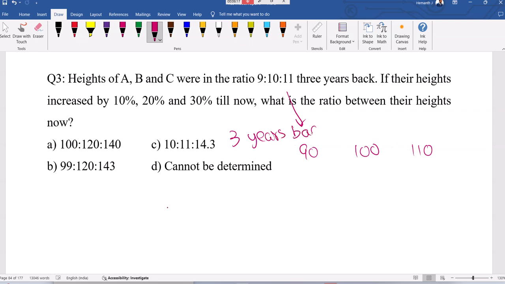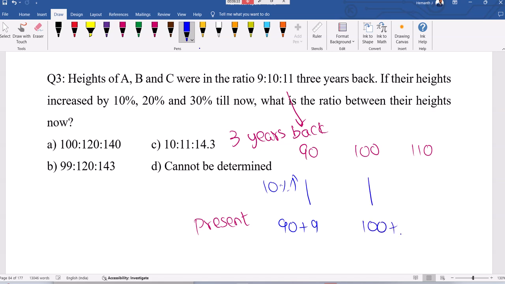To get the present one, this should be increased by 10%: 90 plus 9, since 10% is 9. This is increased by 20%, so 20. This is increased by 30%, which is 33. So 99, 120,